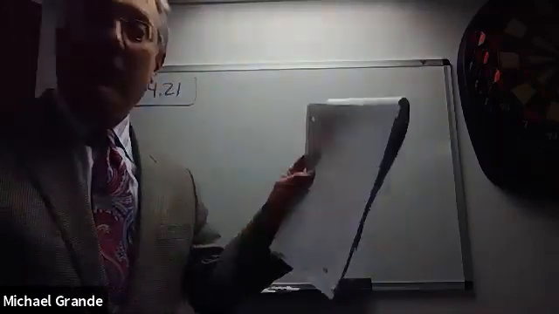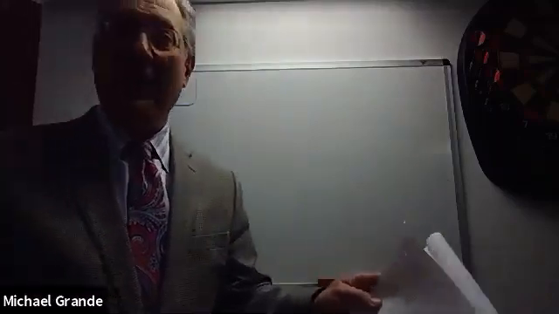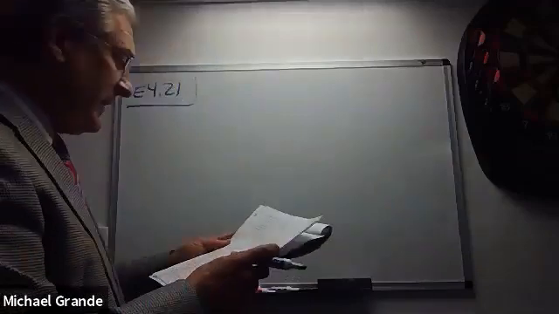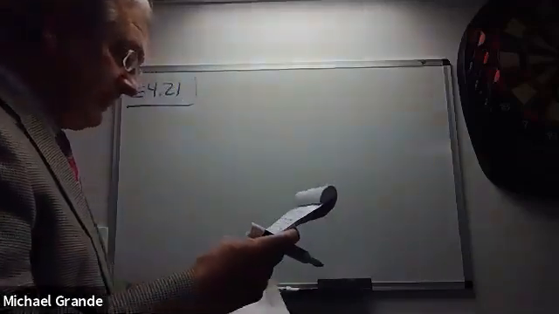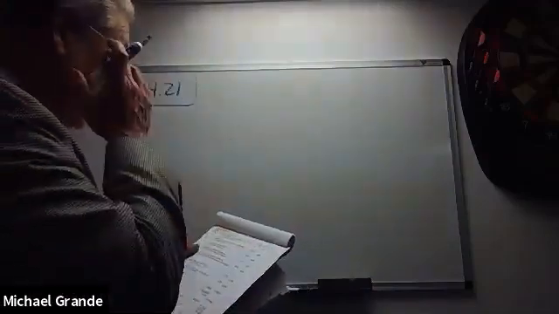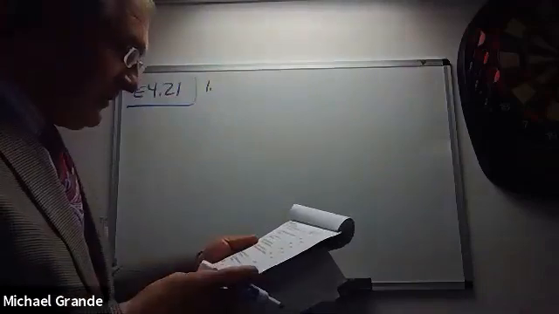Now remember, you're only closing the temporary accounts, and the temporary accounts are defined as revenue accounts, expense accounts, and the dividend accounts. All the other accounts are permanent accounts and they never close. So let's look at preparing closing entries. And first thing we want to do is close the revenue accounts